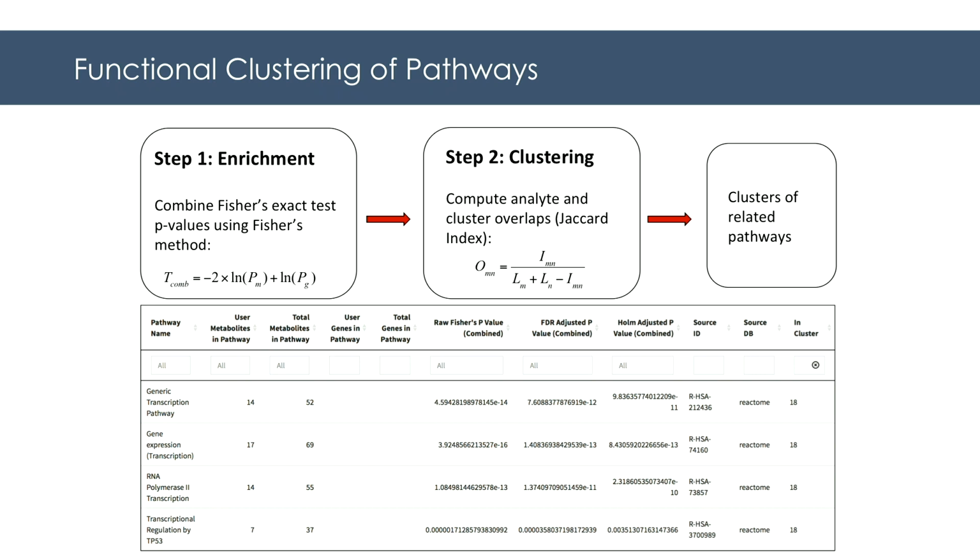And so to reduce this redundancy, we have implemented this pathway clustering. So this will reduce your list of enriched or overrepresented pathways into clusters of pathways, and that will ease interpretability. And so as an example from some breast cancer pathway results, we're able to find pathways related to gene transcription and gene expression, and we're able to find all these pathways clustering in one group.